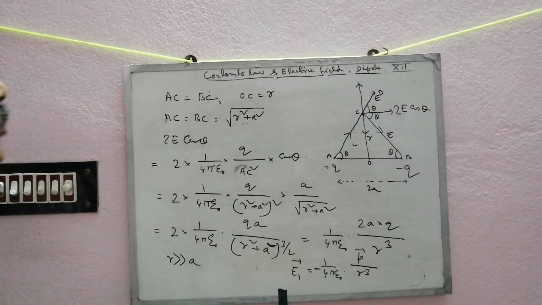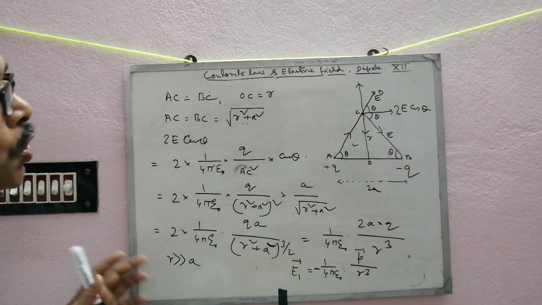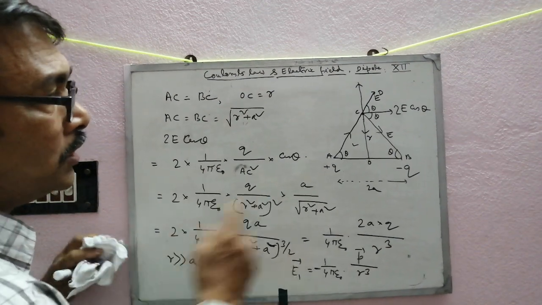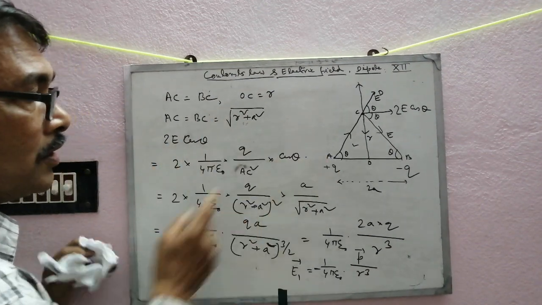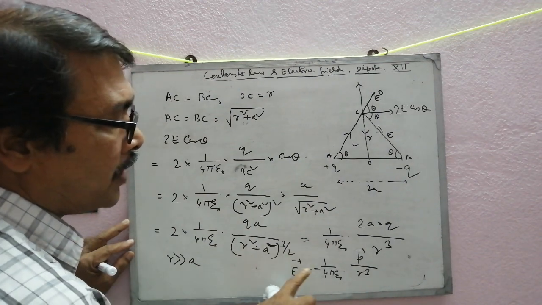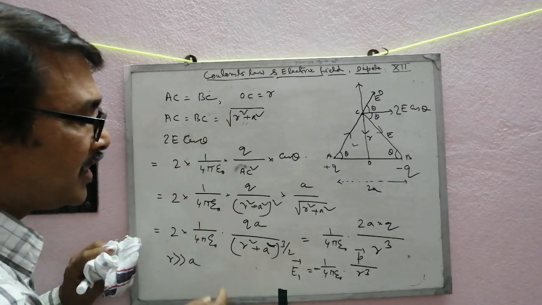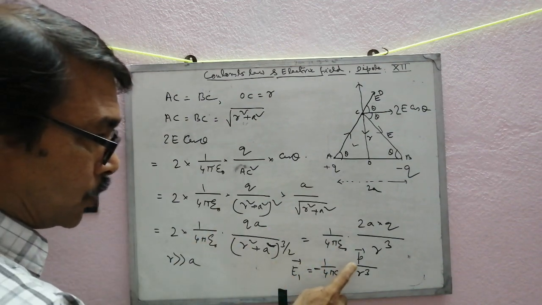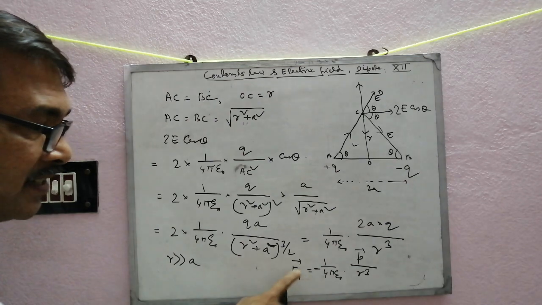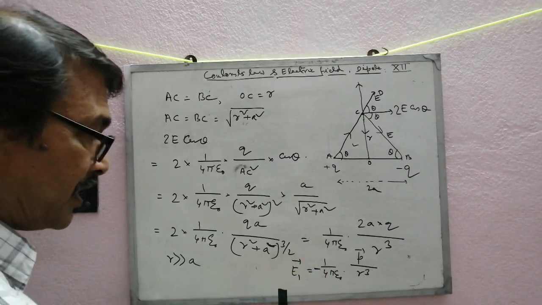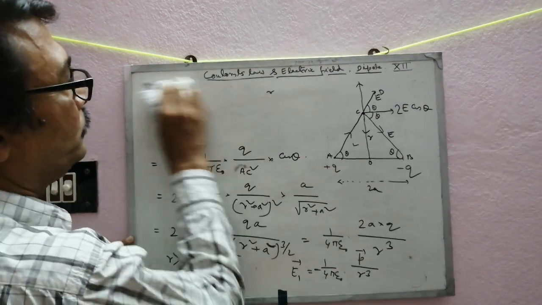Third case: to find out the electric field at any point due to an electric dipole. Follow this, two cases. One is on the axis of the dipole, another is any point on the perpendicular bisector of the dipole. The ratio of these two electric fields is 2:1. The previous case is 2P by R cube, here P by R cube, but the directions of E and P are opposite, so there is a negative sign if we take it in vector form.